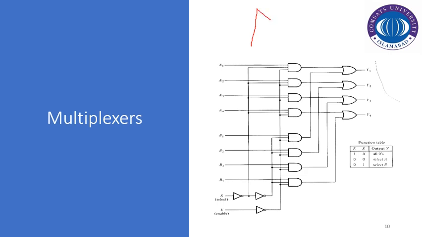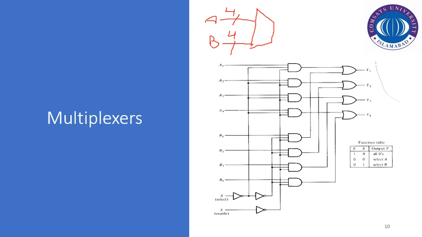As far as the symbolic representation is concerned, we've got user A that is of 4 bits. Then we've got user B that is also of 4 bits. Then we've got two dedicated select lines. Sorry, it's not two dedicated select lines, one single select line, because we've got a single select line that is required to select between two. If the number of users are 4, then we are going to use the two dedicated select lines.